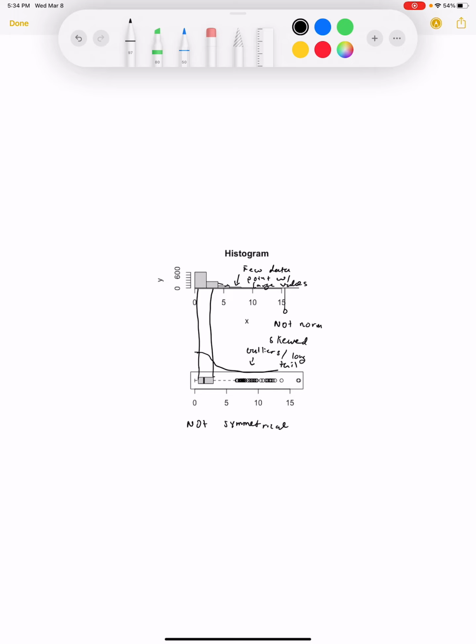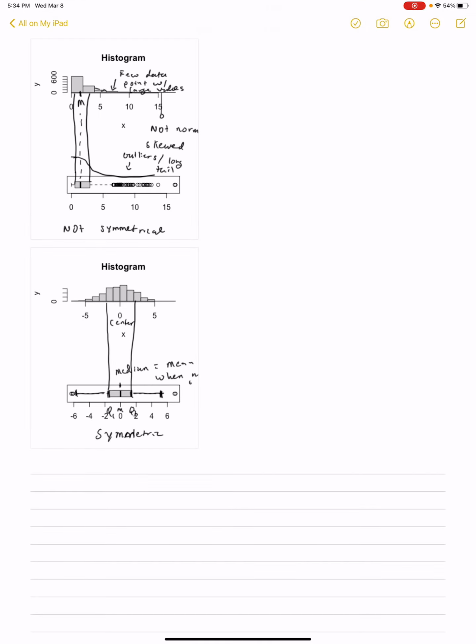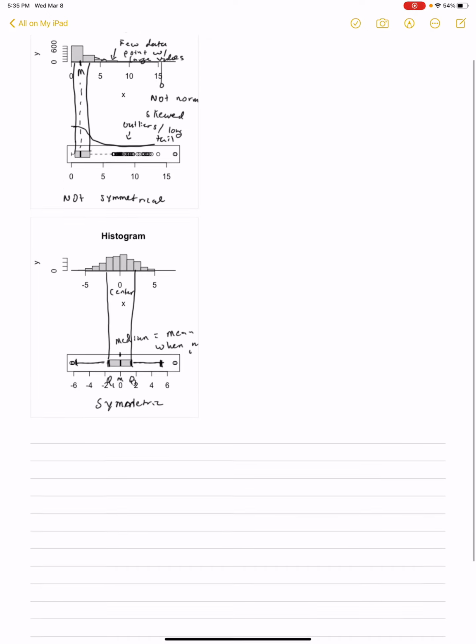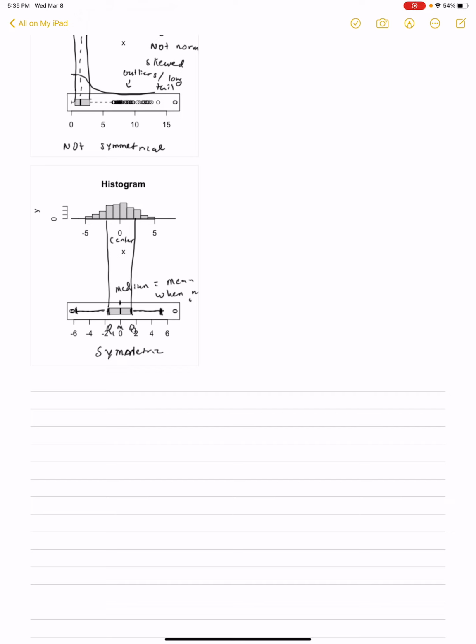Now, the median of this data is about right here, and it's supposed to correspond to that median point right there. Okay, so just a few things about the correspondence between histograms and box plots, that there is a correspondence. They can first of all tell you if your data is symmetrical, possibly normal, if it's skewed, what the outliers are. Then the last thing is that the box plot